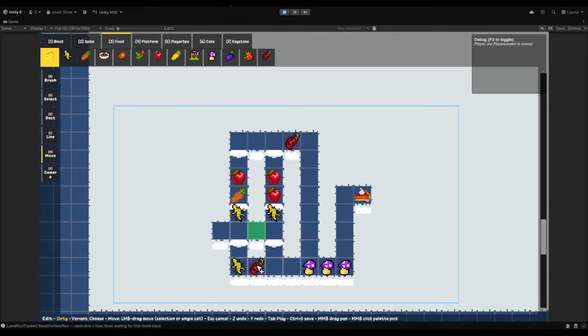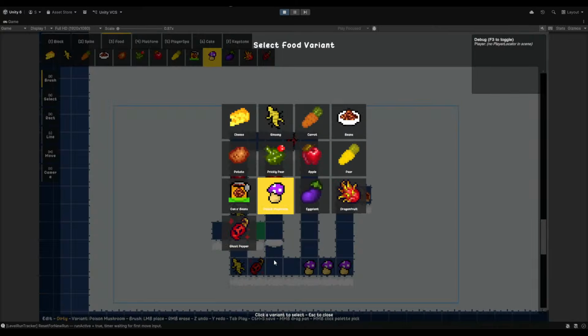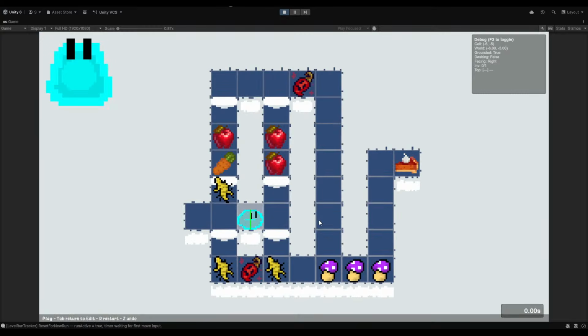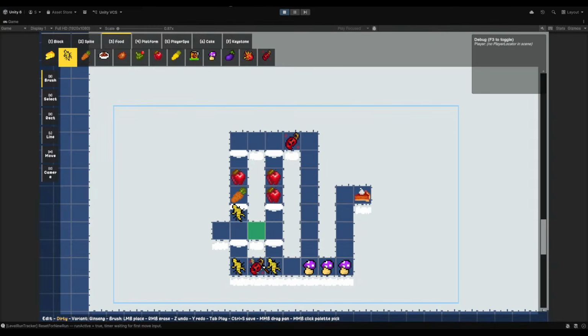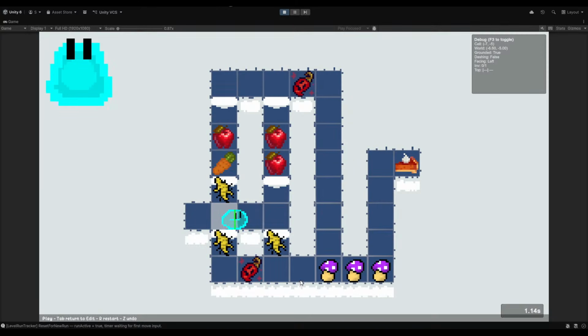I want this to be here so they can position here to dash. How do I force the player to... What if I removed you? Put a ginseng down here instead. No, because that means now the player can just pick up the ginseng. It'd have to be here, I think. Then we can, I guess, put that there too for consistency.